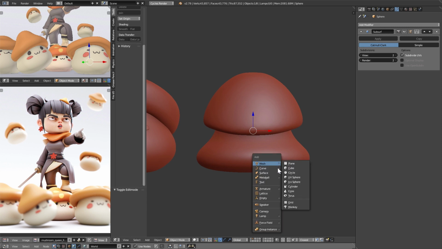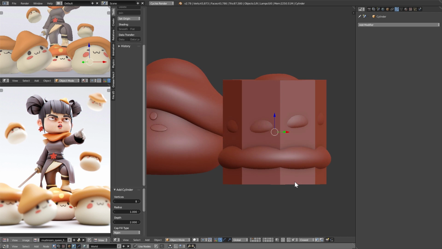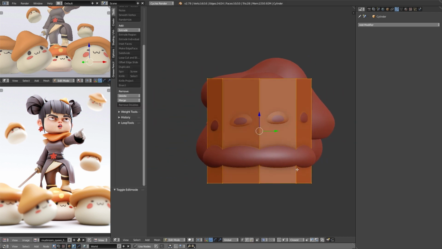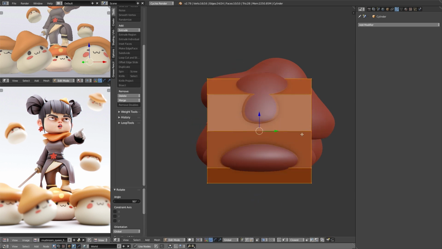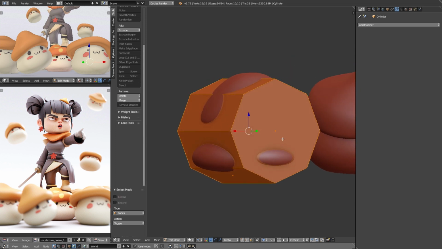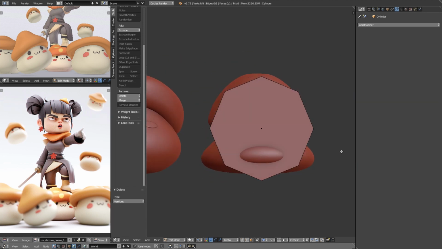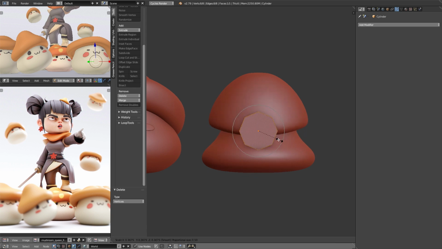With Shift A, I am going to create a cylinder, and then I will go to the side, edit mode with Tab, R for rotate, 90 for 90 degrees. And once you do that, I will just go to the face with Control Tab, so face selection mode. I'll grab this face over here and just delete the vertices with X, and you'll have this left. Okay, so over here, I will scale it down and push it to the right